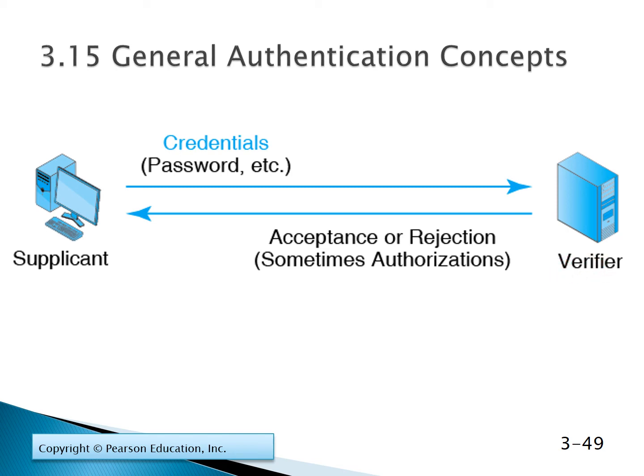The supplicant will send the username and password, or some other credentials information, to the verifier, and the verifier will check whether this person is the actual person that the supplicant is claiming to be, and then you will say accept or reject